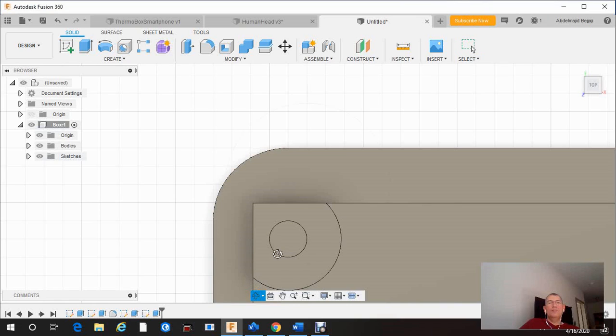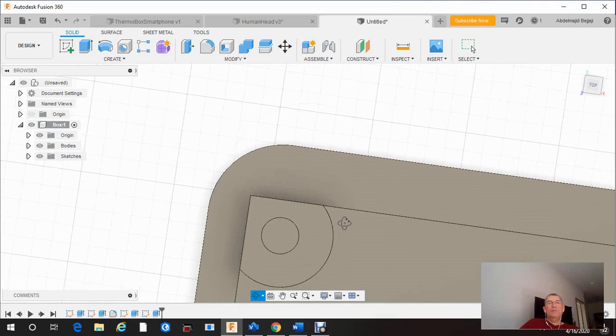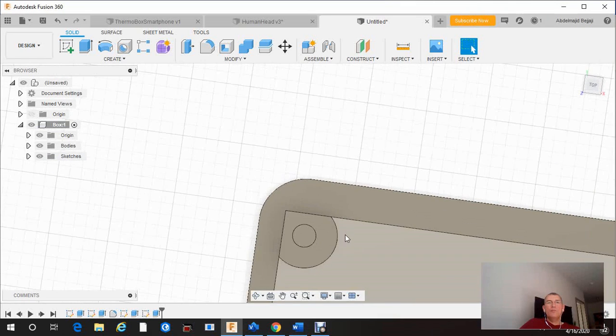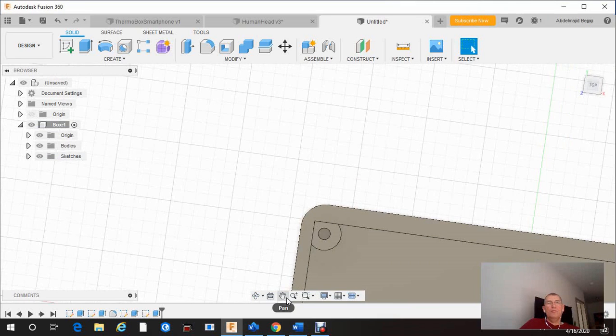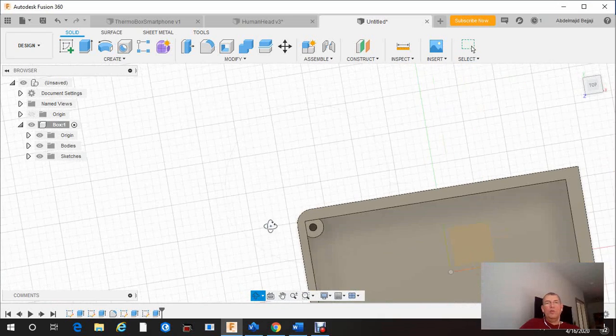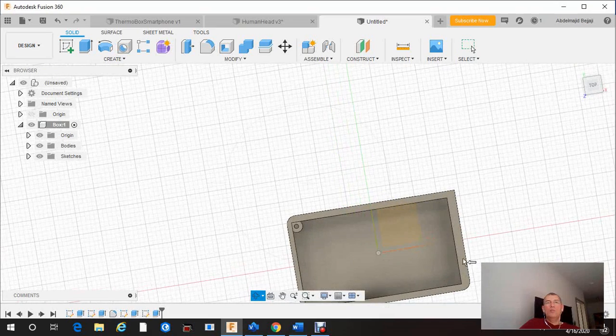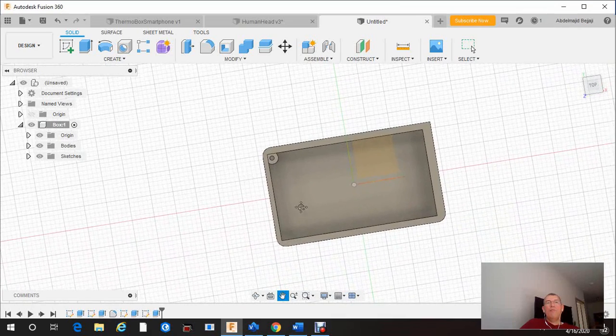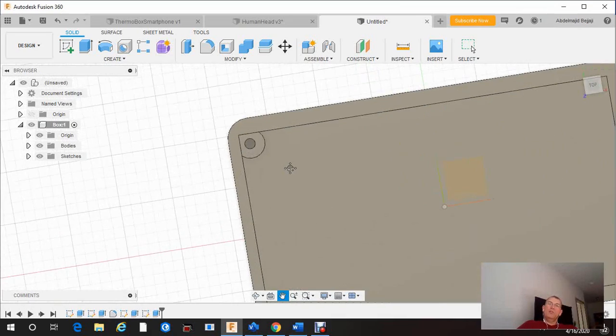Now I'm gonna zoom out and orbit. Zoom out. So you can see basically